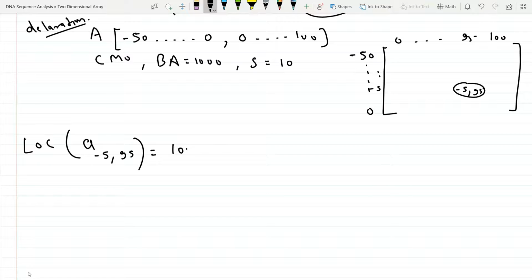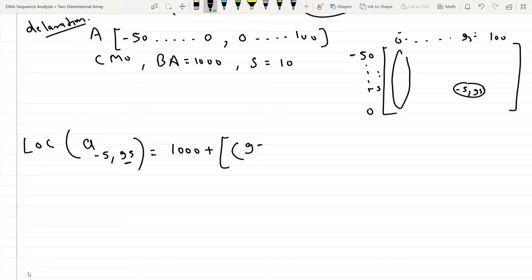The base address is 1000 plus, and we know column wise elements are stored. Which column are we referring to? The 95 column. So how many columns do we cross?